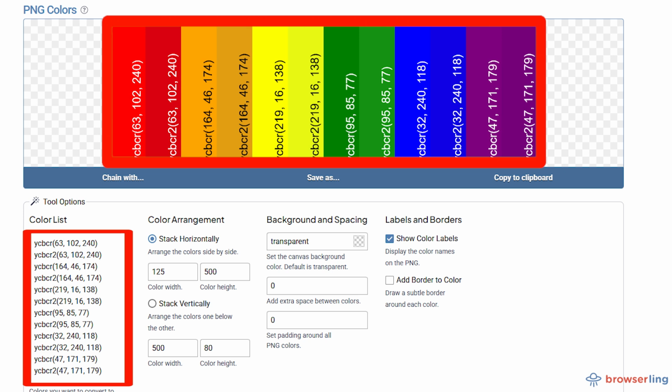full range YCbCr2. The colors are arranged horizontally, each 125 pixels wide and 500 pixels tall, with transparent background, labels enabled. The result clearly shows how brightness and saturation vary between the two models, making this comparison very visual and